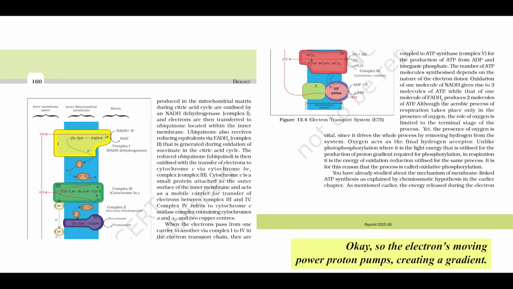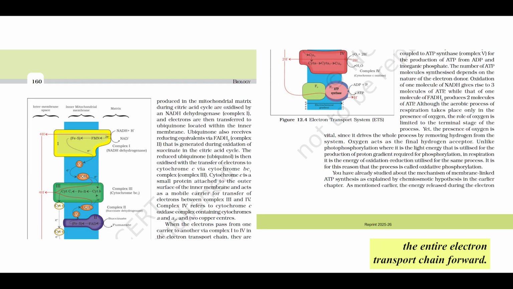Okay, so the electrons moving power proton pumps, creating a gradient. But what about oxygen? You said it was vital. Absolutely vital. Oxygen's role, though seemingly limited to the very terminal stage at complex 4, is indispensable. It acts as the final electron and hydrogen acceptor. By accepting the electrons from complex 4 and then combining with protons in the matrix to form water, H2O, oxygen